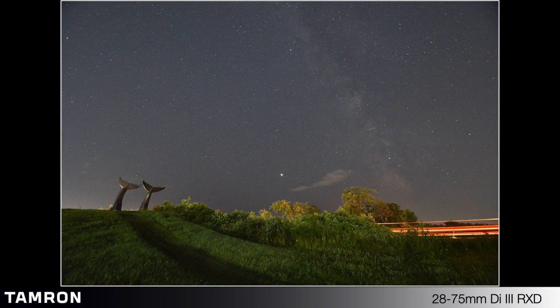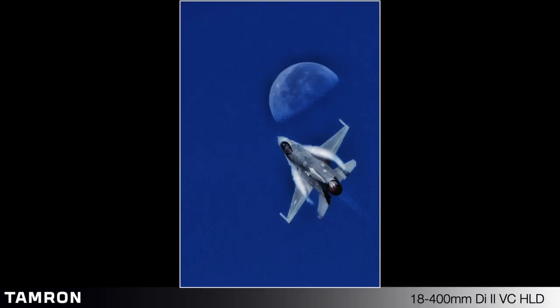So moving along to the final image of my favorite five. Planning and luck and calculating and guessing had a lot to do with making this shot as well. It was at an air show in Fort Worth,